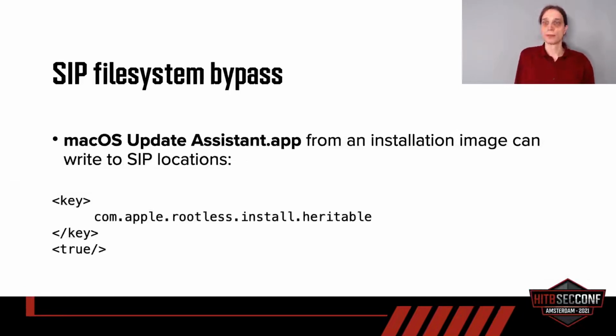Finally, to bypass zip file system restrictions, we found an application included in the macOS Big Sur beta disk image, which has a very powerful entitlement. This is the rootless install heritable. This means that it is exempt from any file system restrictions, and also that it is a heritable entitlement, which means any subprocess it starts also has this entitlement, which means that it can write to any location which is protected by SIP,